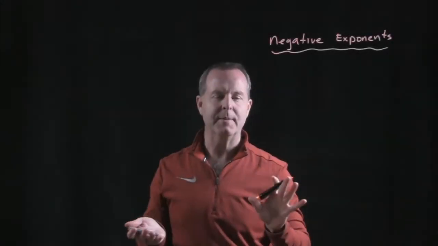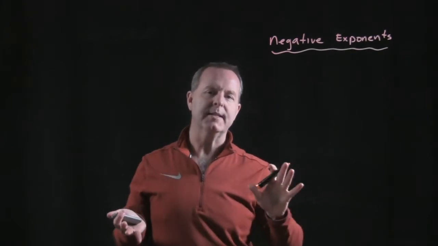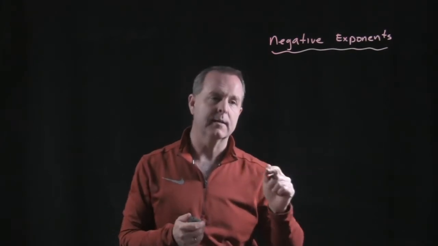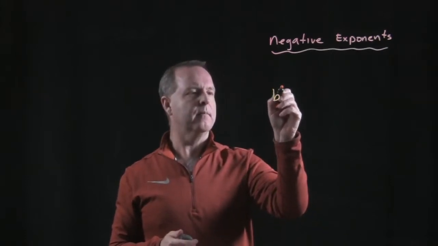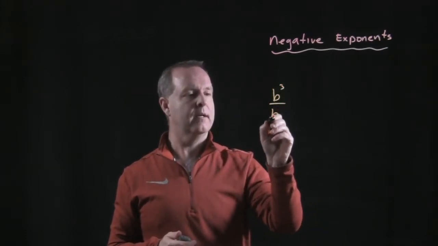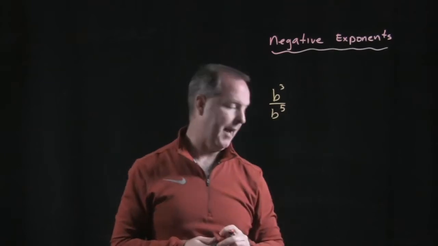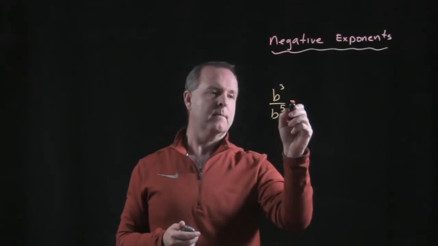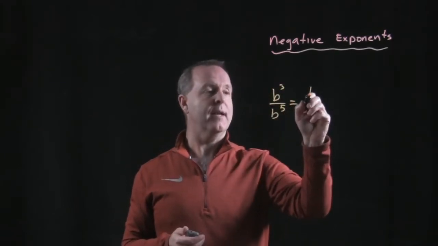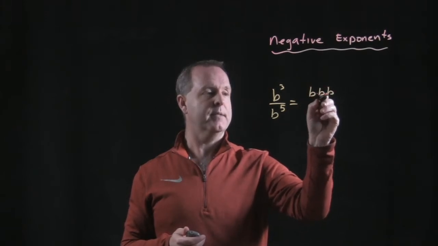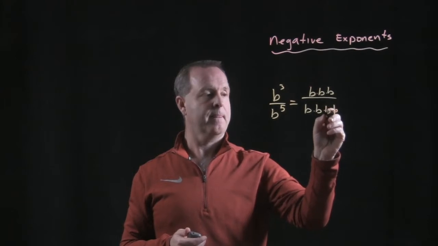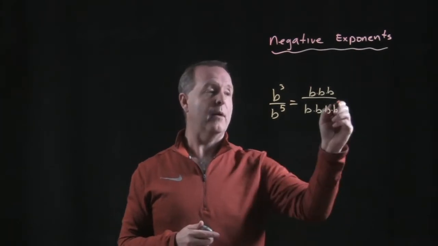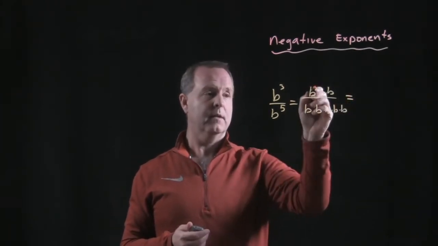Now let's help us understand, what do we do when we see something that's a negative exponent? So let's imagine, if you will, that I have some base to the third power divided by base to the fifth power. What that meant to us was we had b times itself 3 times divided by b times itself 5 times. That reduces down to